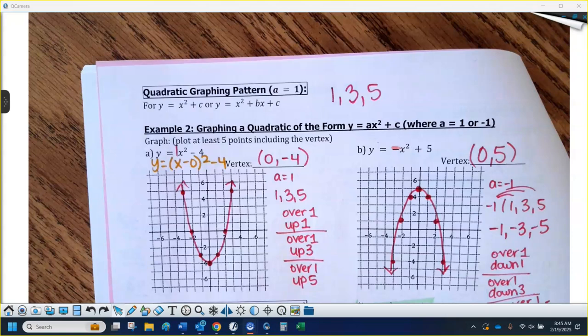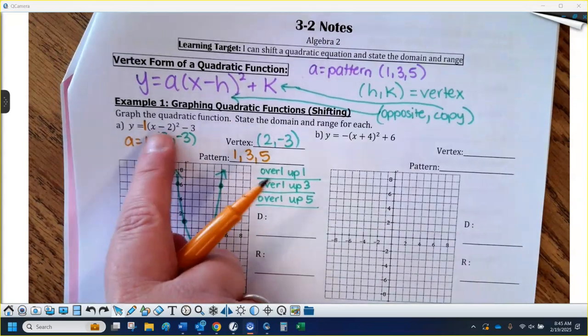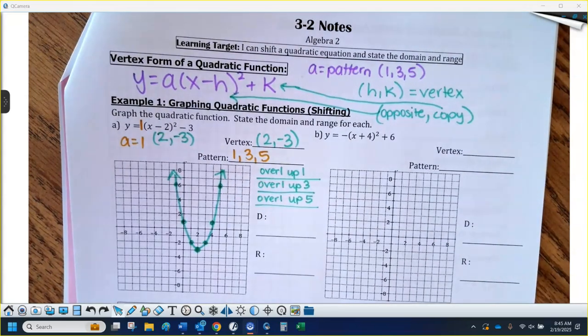So whenever there's an x in the parentheses, we just use the number outside. The number outside is going to be your y coordinate. The number inside is going to be your x coordinate. So there's nothing inside, like there's no parentheses, so that's why the x coordinate was 0. Whereas if I flip this back over for today, now there's something inside with the x. So that